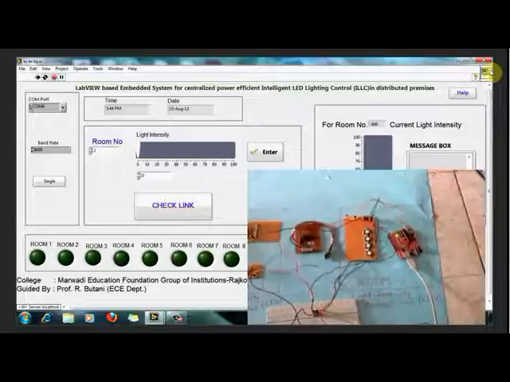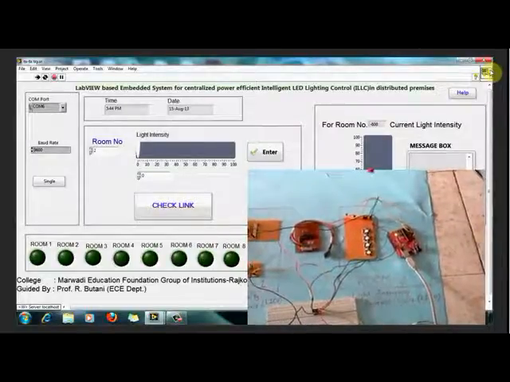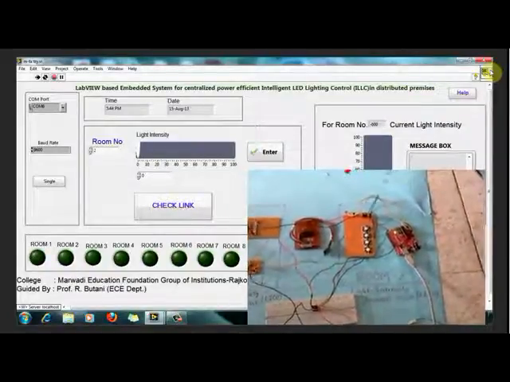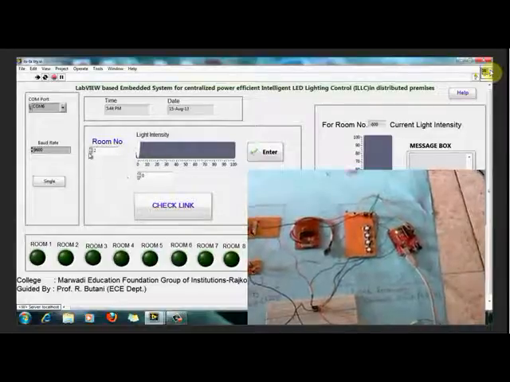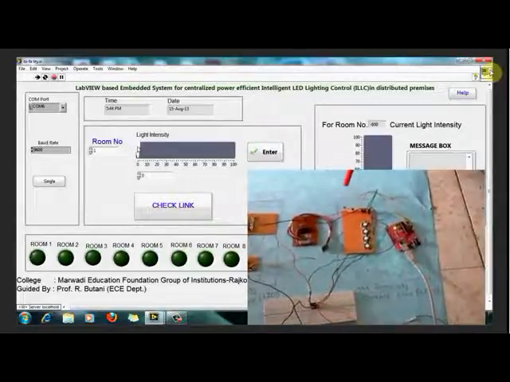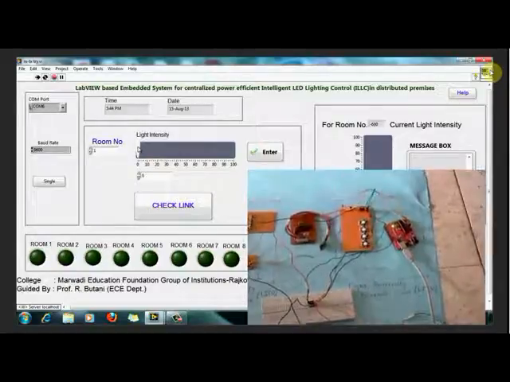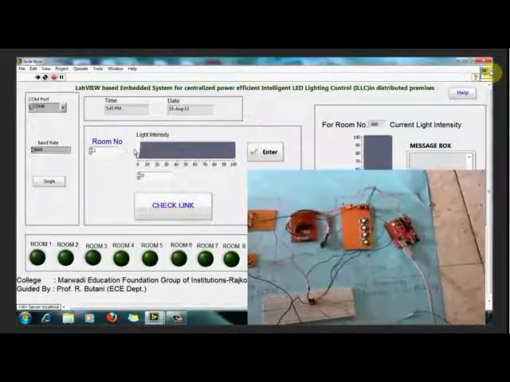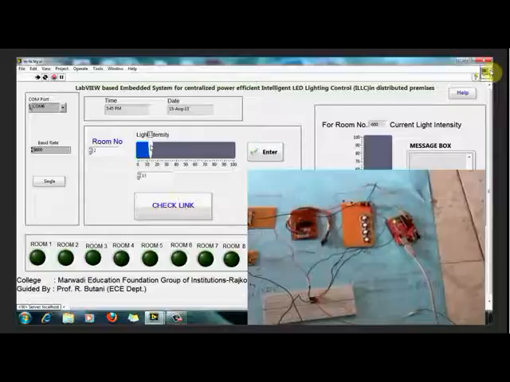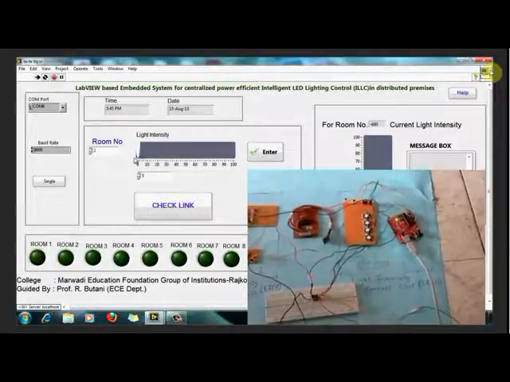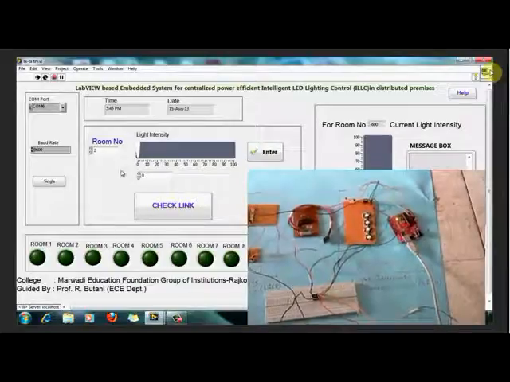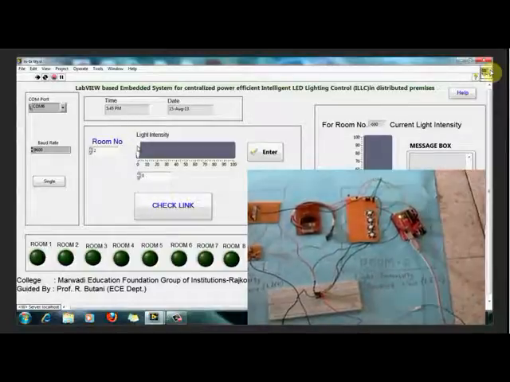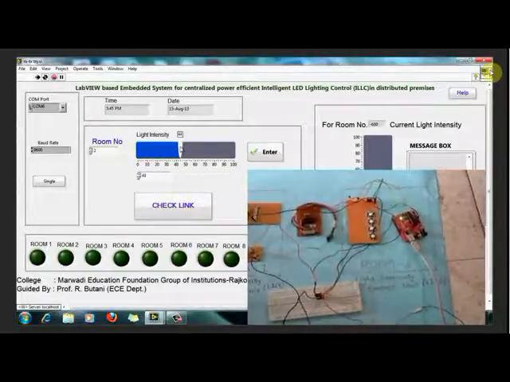Now the process goes like this. We will set the appropriate ambient light in our software, in our GUI. For example, we have calibrated the value as 50 lux. The LDR will sense the ambient light. If it is less, like 45 or 30, then automatically, by using the PID algorithm which we have implemented in the program, it will generate the required PWM, and it will light the LED panel at the appropriate luminosity. Now we will see the actual practical of our project.